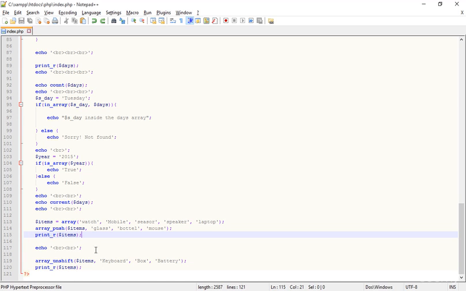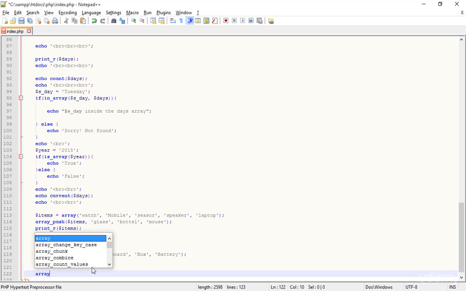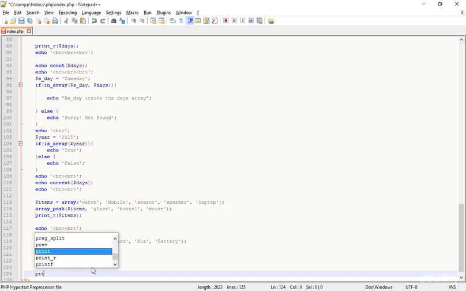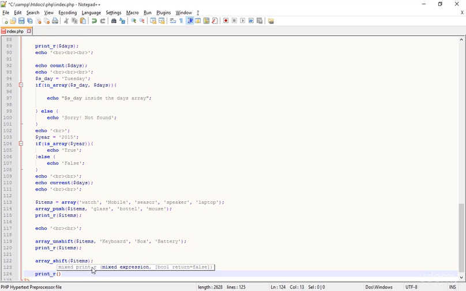Really simple. Another function is array_shift, and what it can do is remove the first element from any array by using array_shift. How to do it? Simply type items. Now the first item will be removed. Now if I type print_r, and here inside the print_r I'm using the items,